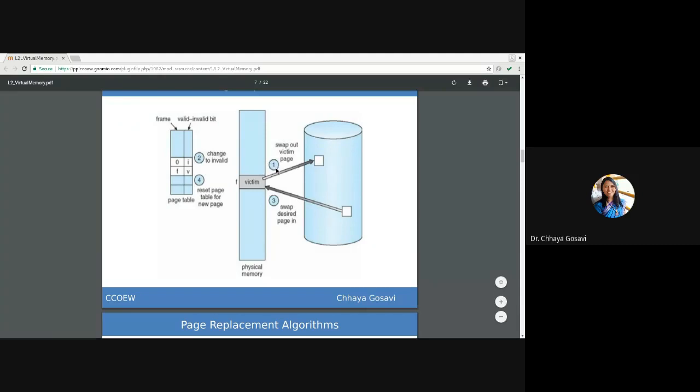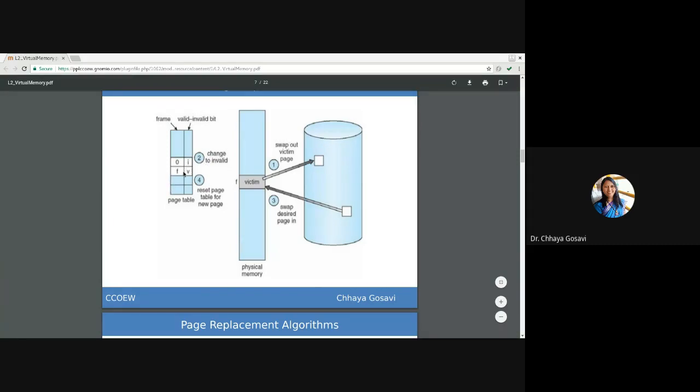So which is the first step? We want one page to be brought into main memory and another page to be swapped out from main memory. This page is referred, but it is currently invalid.